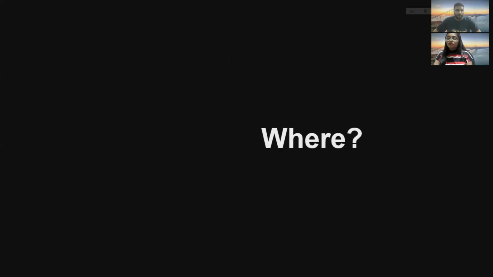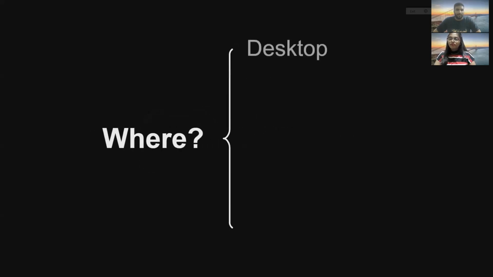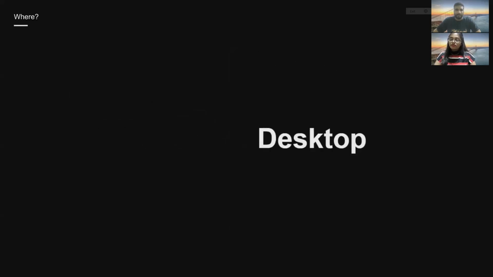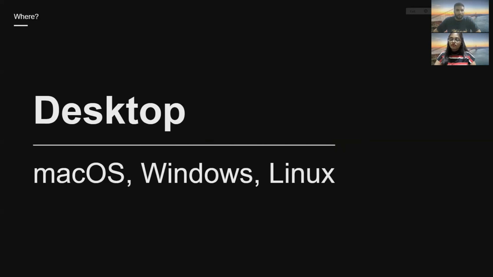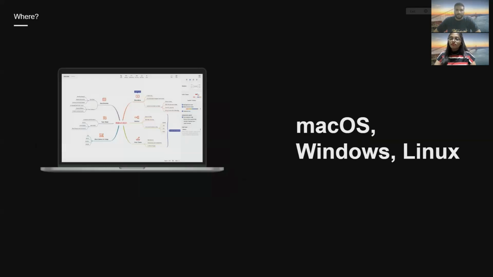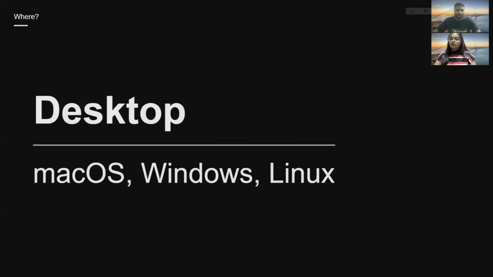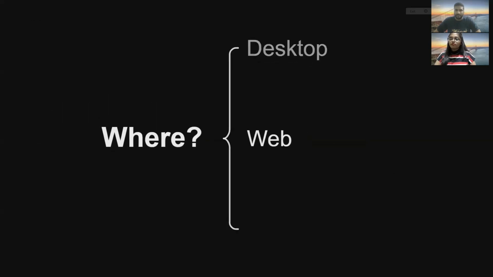So where all can you use the Xmind software? Xmind is actually available on all the popular platforms. First is the desktop, which is the default mode and the most popularly used mode. On desktop, it is supported on all the popular operating systems like macOS, Windows, Linux. I have been using Xmind 2020 and 2021 on Windows on the desktop edition for the last 1.5 years, and it's pretty stable, awesome, and I have not encountered any flaws with that.